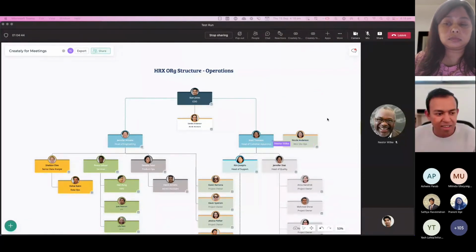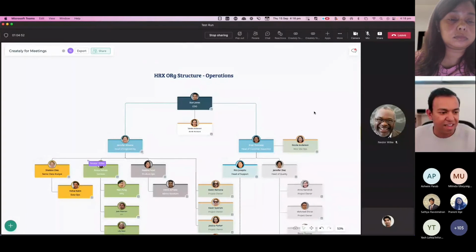And the way we work internally, and lots of customers of ours work, is for every meeting they have a shared space, a shared workspace, and they put all the stuff in there. And it's very easy for everybody to really understand what's happening.